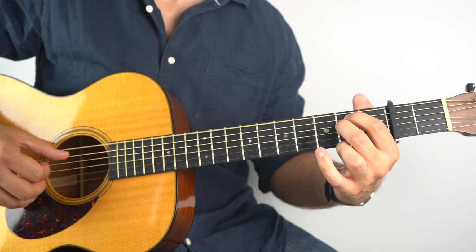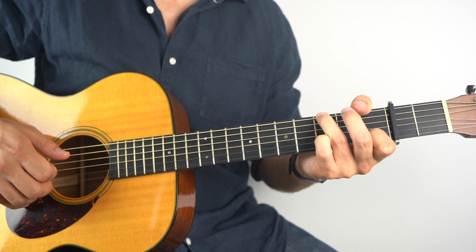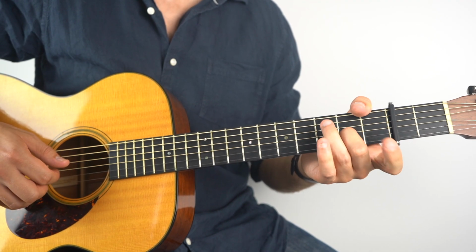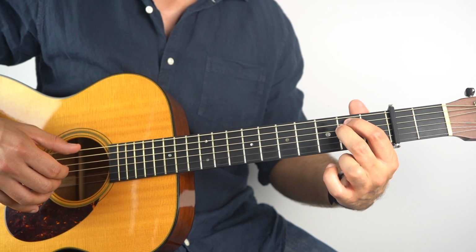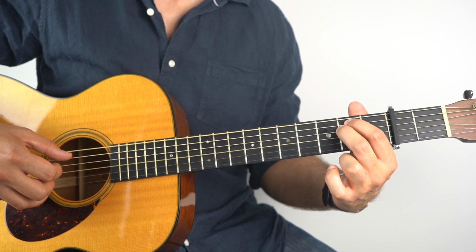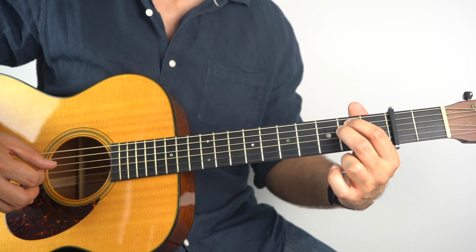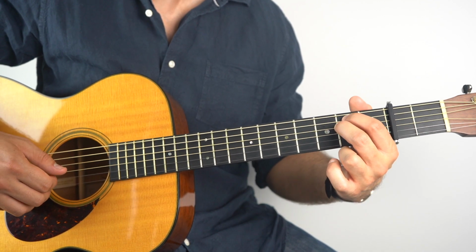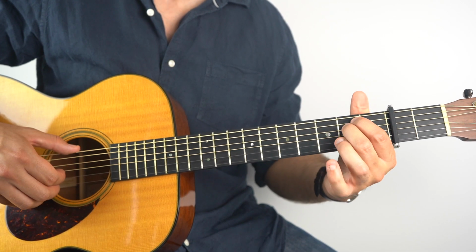You get. Okay, so that's slightly different. So on that E minor there, hold that down, play strings 3 and 6, then 5. Okay, so then play the 4th string, and then play open hammer to 2 on the 3rd string. So